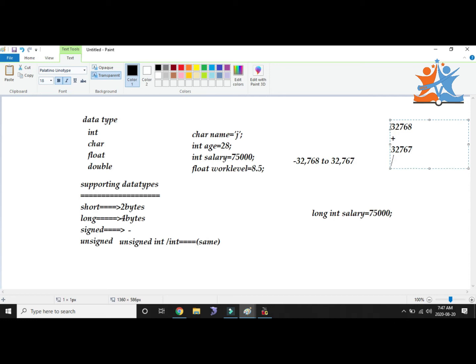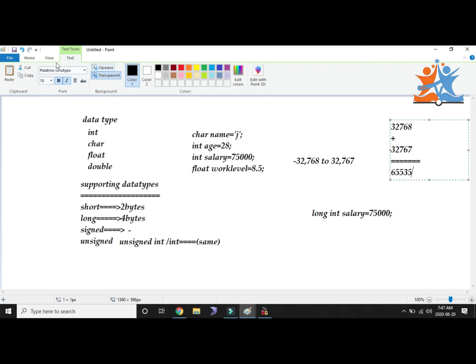So what is the exact value? Total how much will we get for 32,767 plus 32,768? It comes to 65,535. But our value is 75,000.